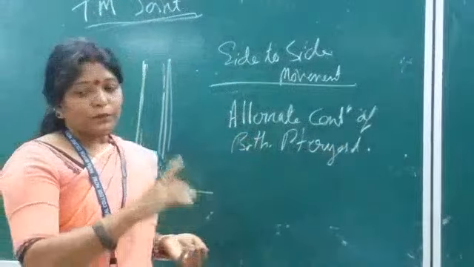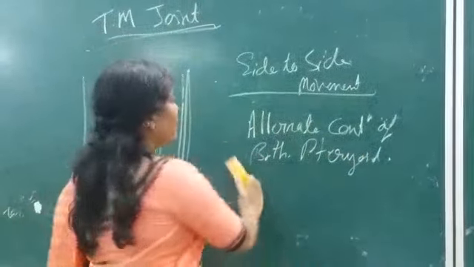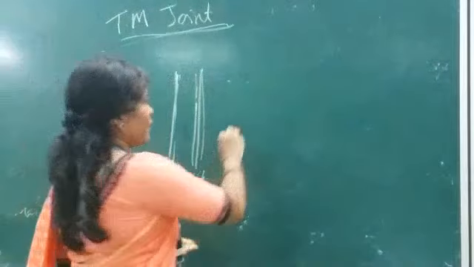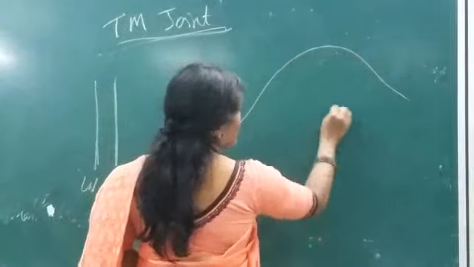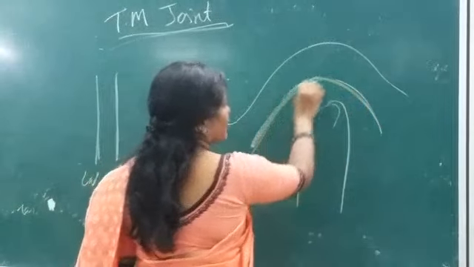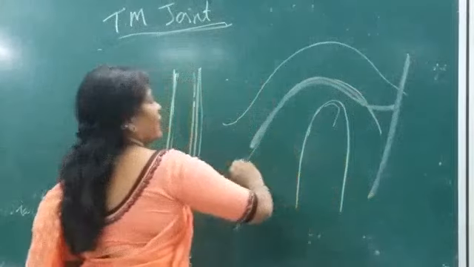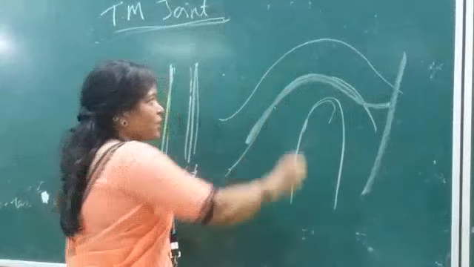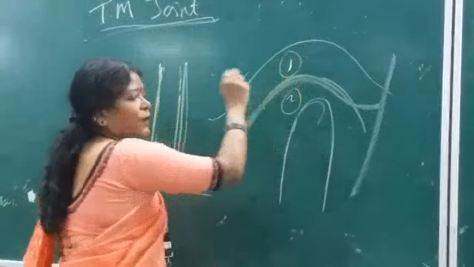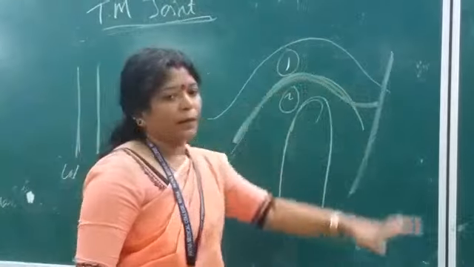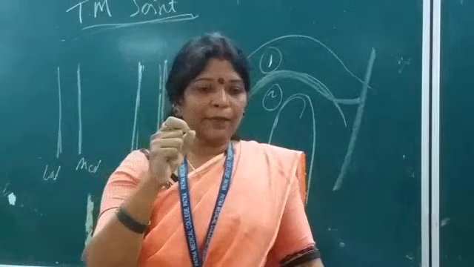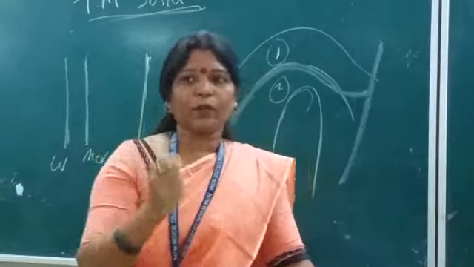Okay. Now these movements of the joint, due to the presence of the intra-articular cartilage, it is divided into two compartments, upper and lower, supradiscal and infradiscal. So for both the compartments, when you are asked which type of movement, there are gliding movement as well as rotatory movement.